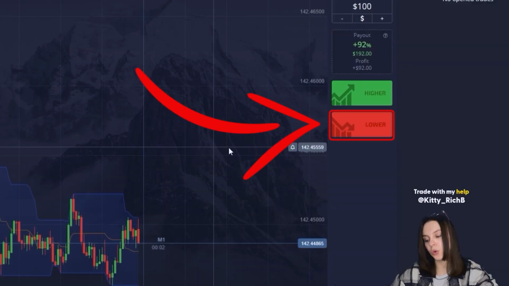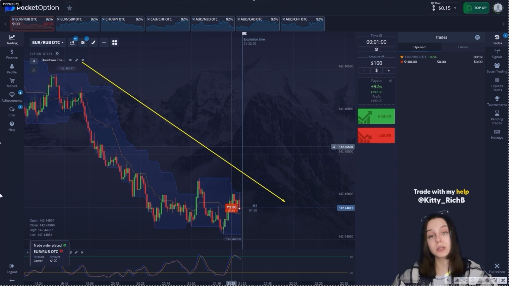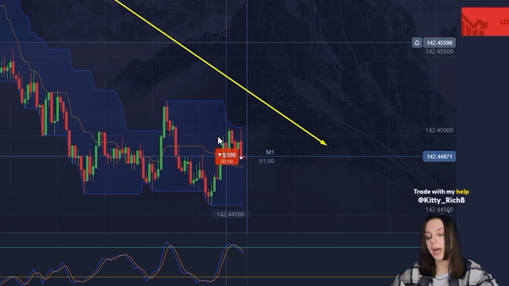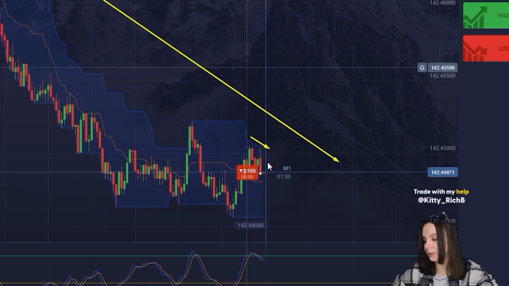We open a downward trade and proceed to the general analysis. At the moment, we see a global downward trend, which is going down. Further, as I told you, skip it if you are beginners. There is a consolidation, but nevertheless, we see that in this consolidation, the last range is directly dominated by red candles. So it's more likely that we will have a drawdown, and we approach the average border of the Donchian